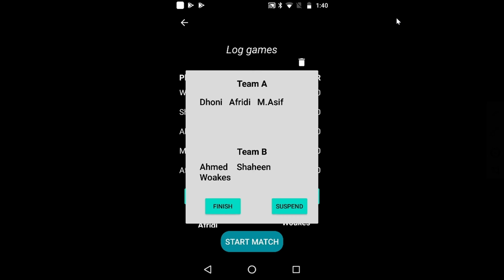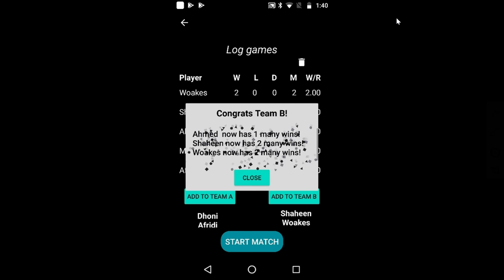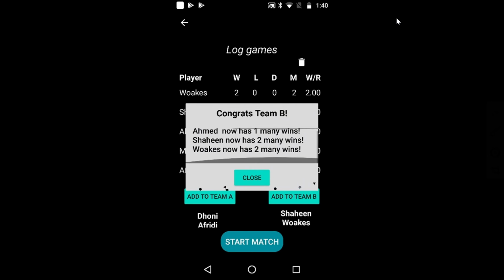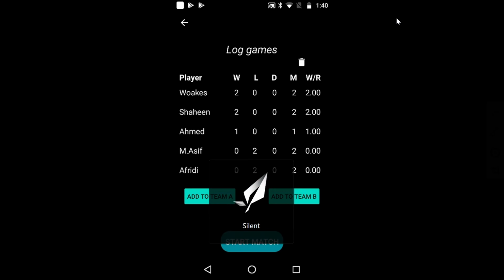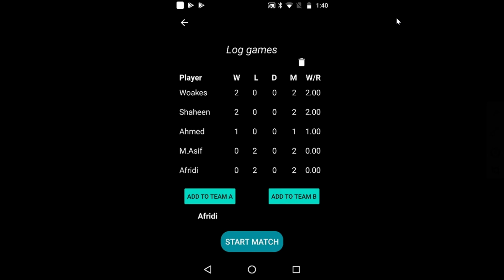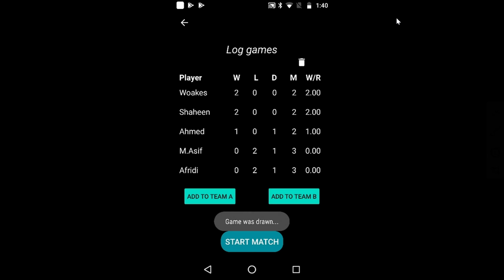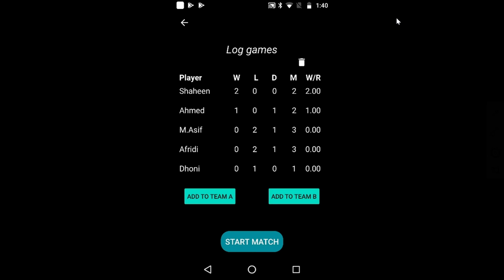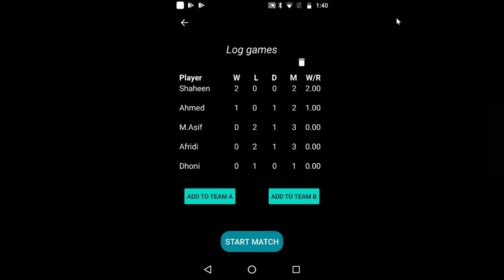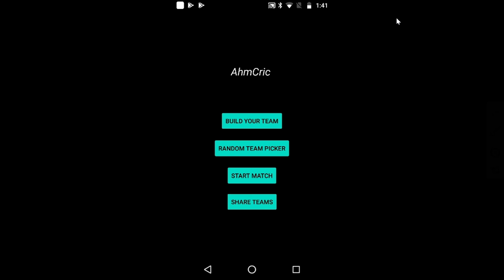And let's start the match, and we can suspend the match, which will just not do anything, or I can hit finish, and then I can say whichever team won. So let's say team B won, and there's a confetti animation here, and it says the new amount of wins that everyone has. Okay. The other thing is I can just draw the game as well. So I can draw the game, and it just says game was drawn. So everyone's statistics here were updated with the Room database. So I can go back, and this is the last